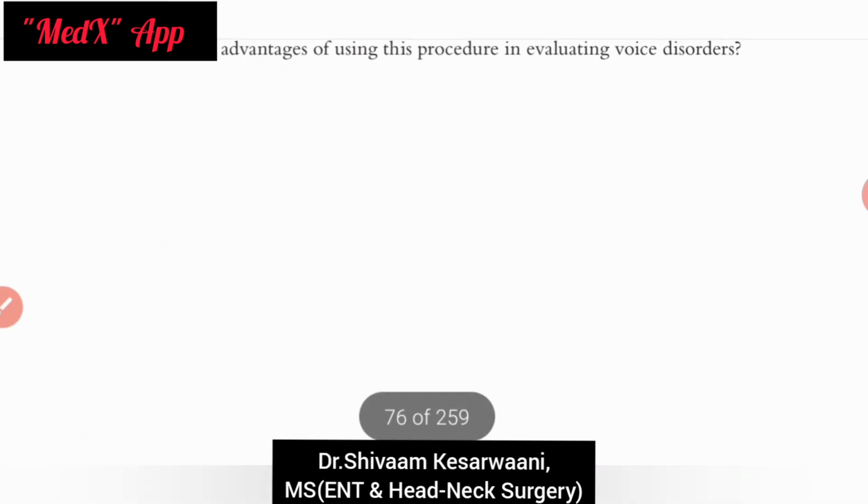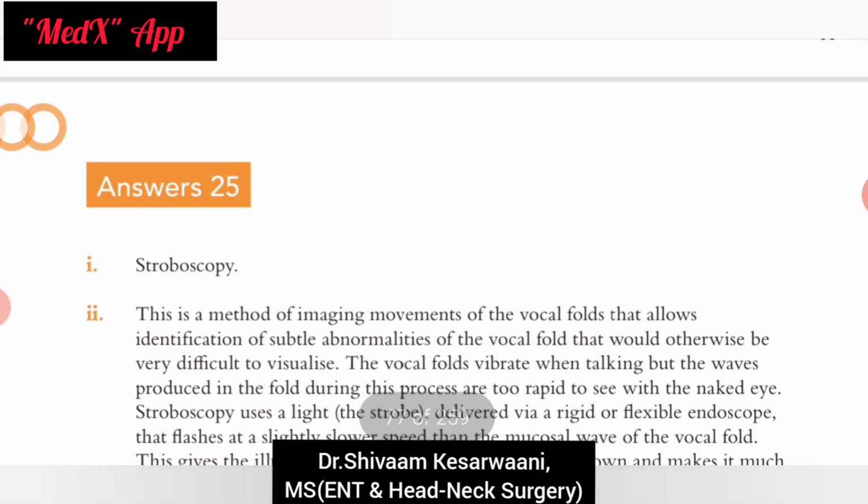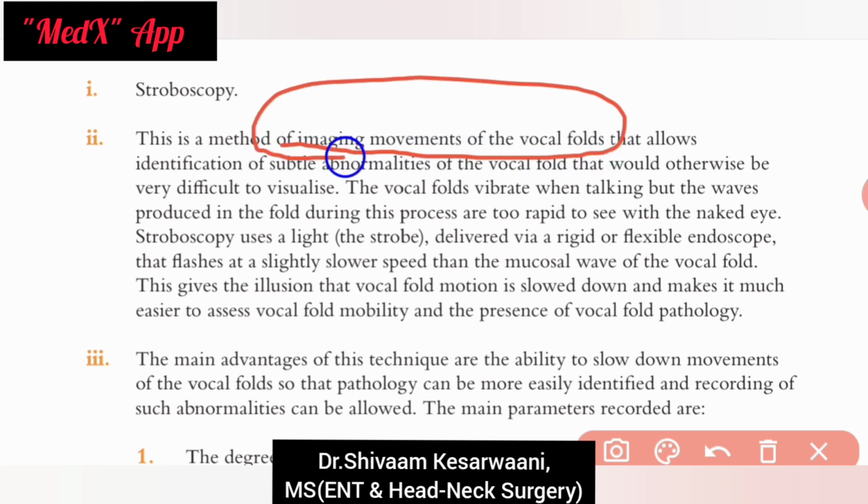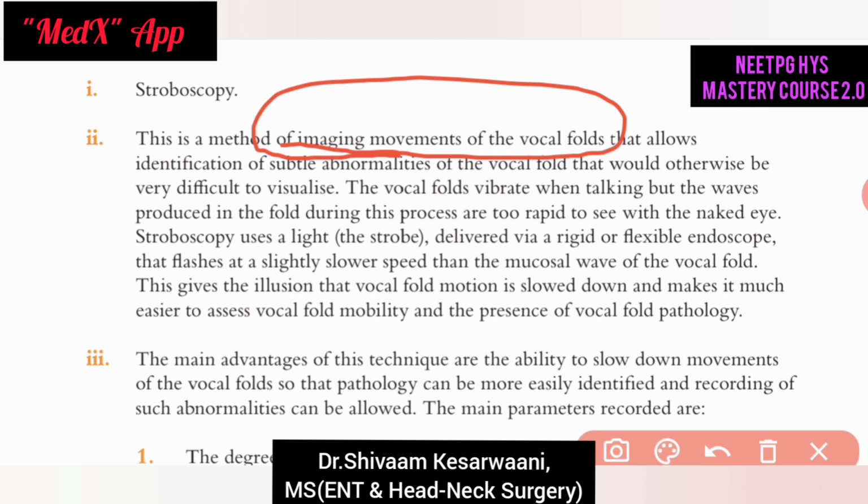So this is basically a test called stroboscopy, right? In stroboscopy, this is a procedure of imaging of vocal fold movement. So we visualize the vocal fold movement very finely. How? By giving the light in a strobe form. That means we give flashes of light at a slightly slower speed than the mucosal waves of the vocal fold, and it lets us see the rapid movement of the vocal fold more clearly, right? So it lets us identify even the subtle anomalies of the vocal fold that would otherwise